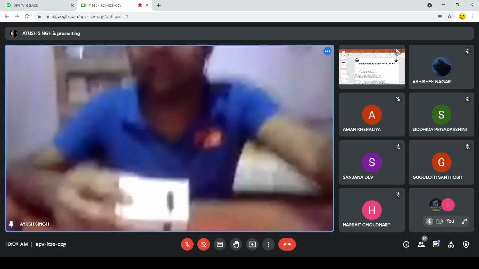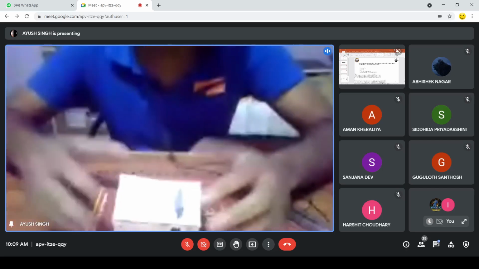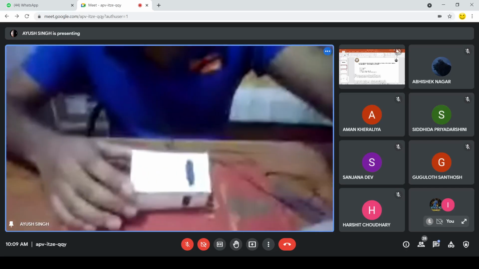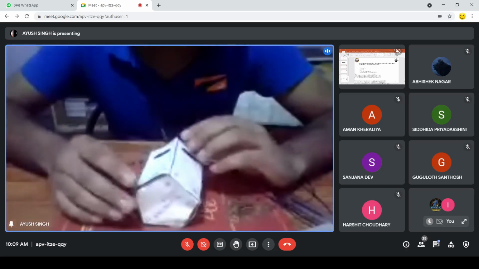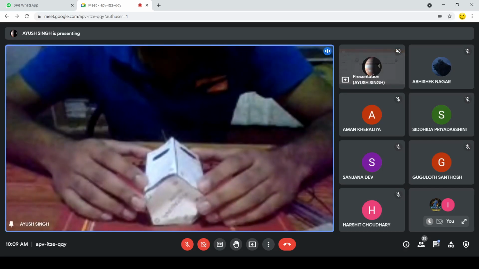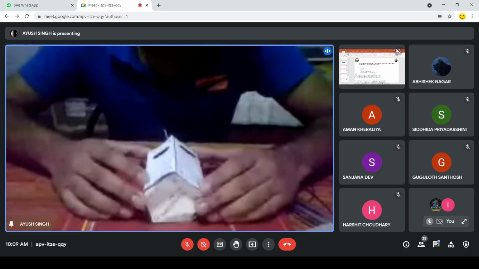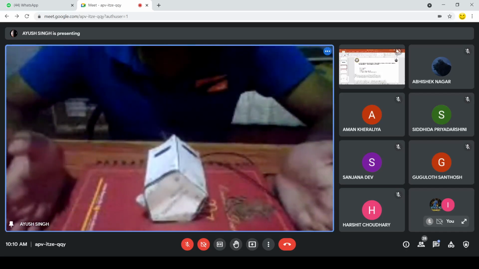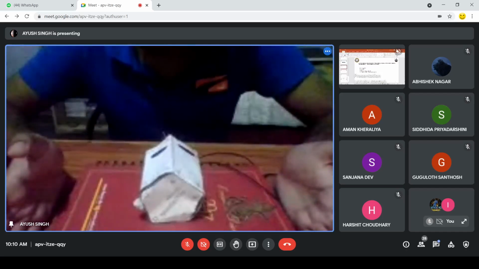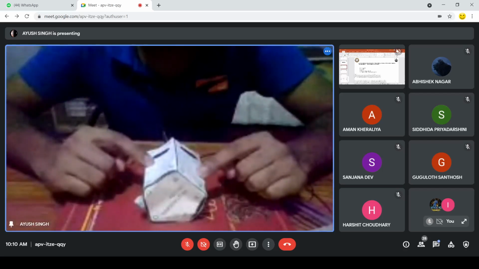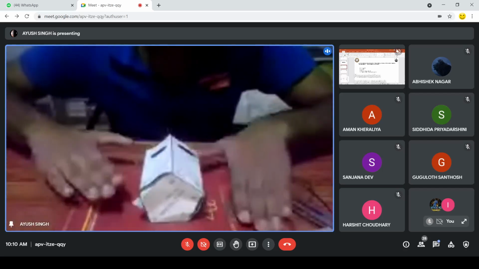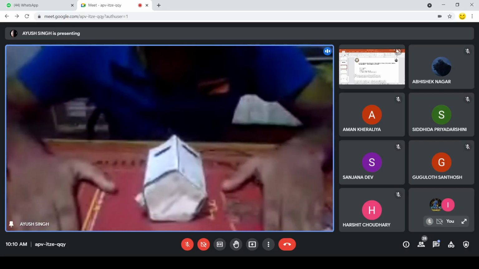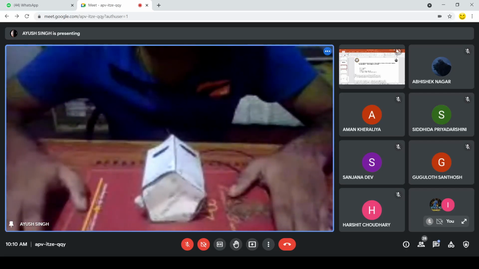So I have assumed it is resting on my HP like this. If it is resting on HP, in which view will its true shape be visible? I am the VP, this is the HP, so will it be visible from the front view or the top view?